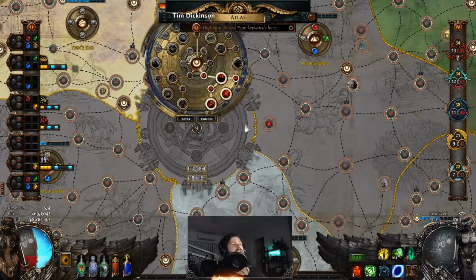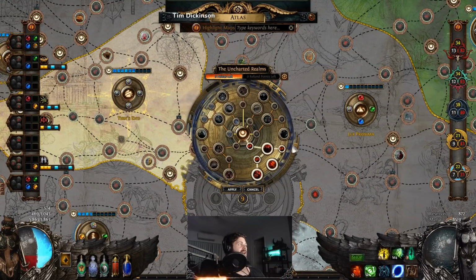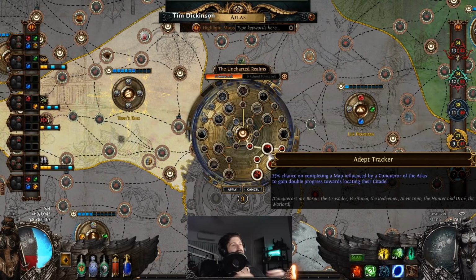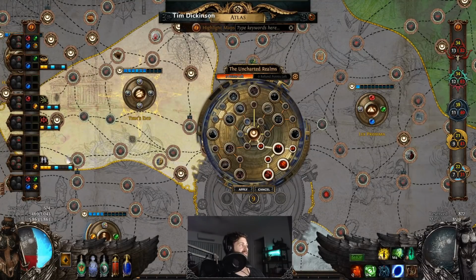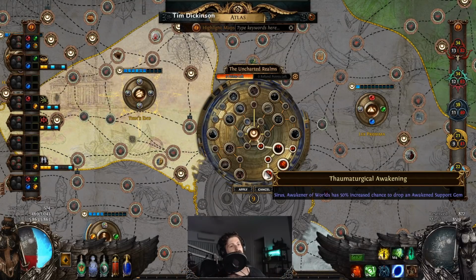So the other thing that you have to do when you look at farming Sirus in particular is you need to upscale your atlas. In this case, you want to take a depth tracker. Now, if they don't nerf this, I don't know what they're going to do. This increases the chance of completing map influence, which means it's going to take a lot less to complete the Guardian challenges to farm and unlock Guardians and then kill Guardians and get the chance of getting the Awakener jewels and things like that, and Awakening Exalts. The other side of it is you want to get